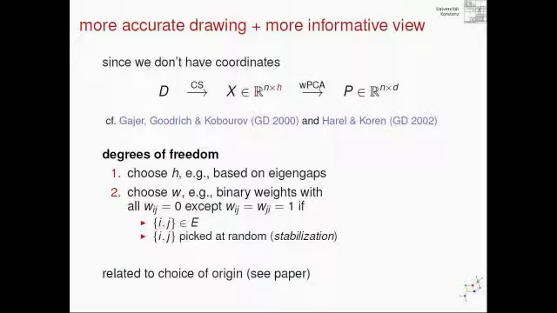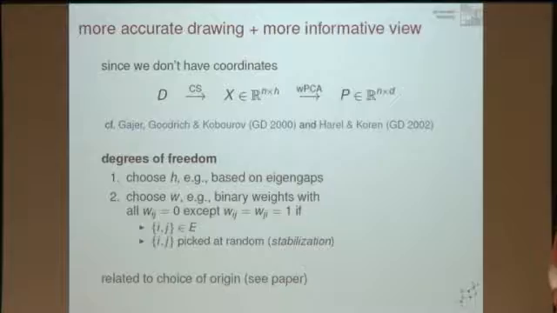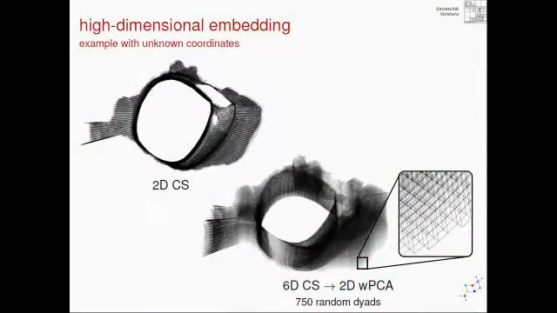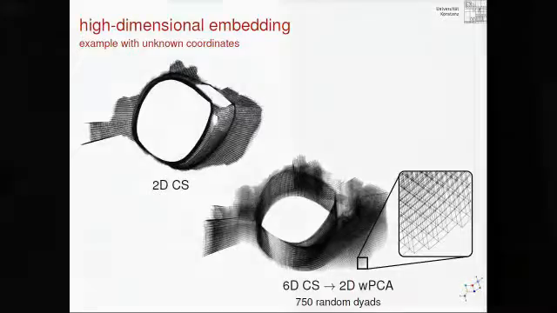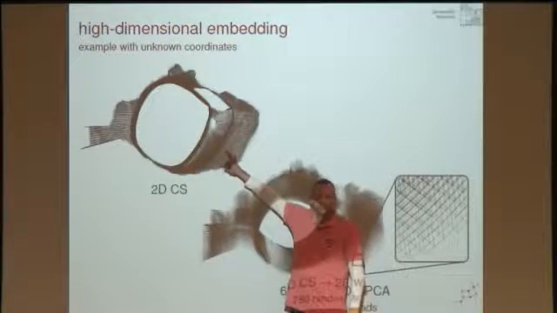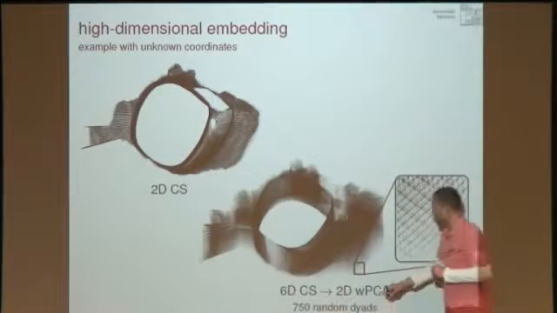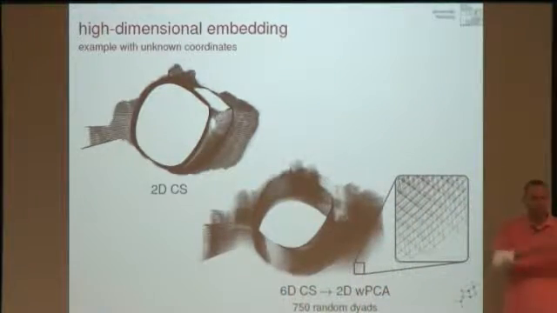And it can be shown, and that's in the paper, that this is again related to the choice of origin. The choice of origin can be expressed in this framework as well. And this is the final slide showing just one example. This is a typical 2D classical scaling of one of the matrix market examples. This is what we get when we do this in 6 dimensions to represent more of the details in that